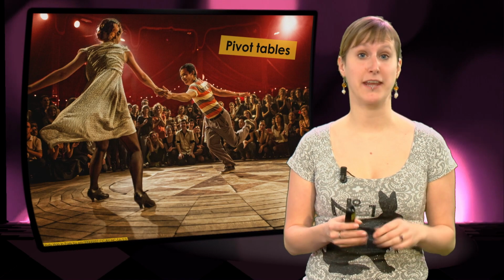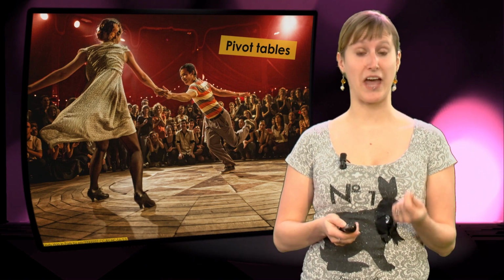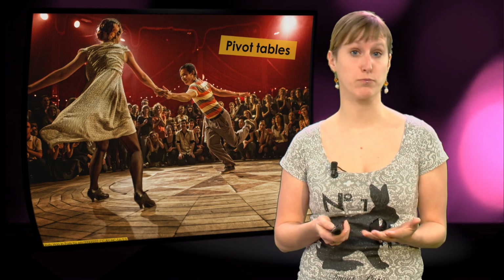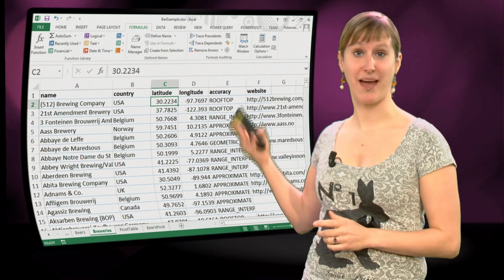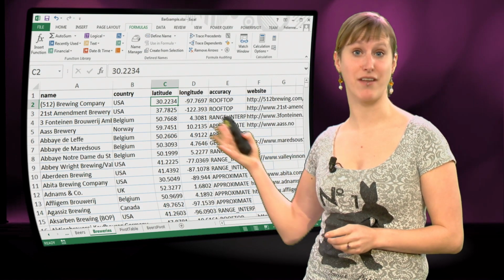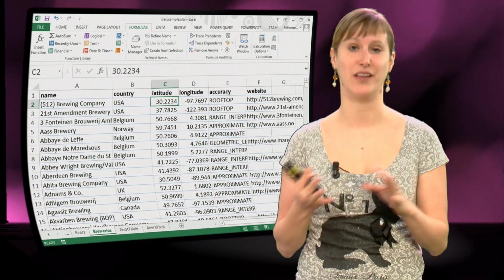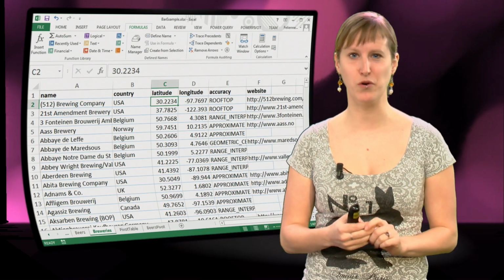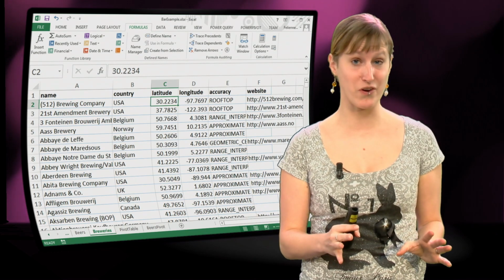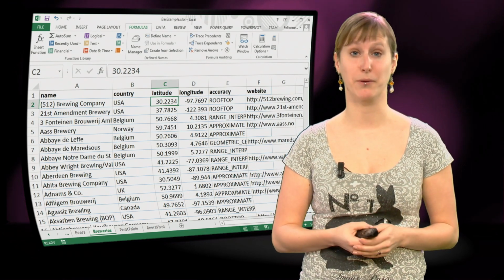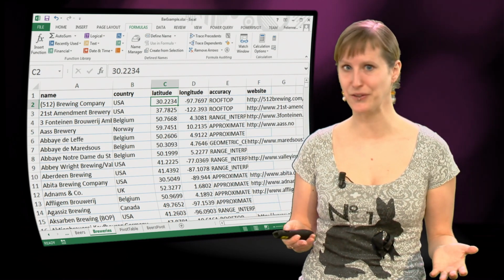So in the previous video, we did an analysis where we looked at what countries our most popular beers stem from. But of course, if we're talking about geographical data like countries, maybe we could plot that on a map. And in our worksheet, we also have information about latitude and longitude. So wouldn't it be cool if we would have a map of the world that would show exactly where breweries are, where our most popular beers come from? Maybe we can plan a field trip to the